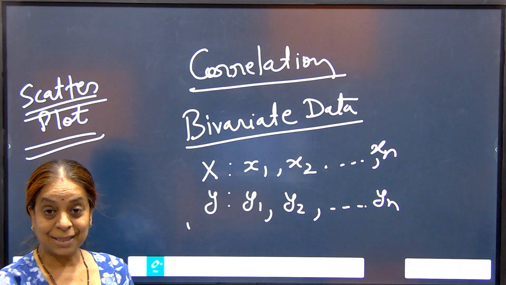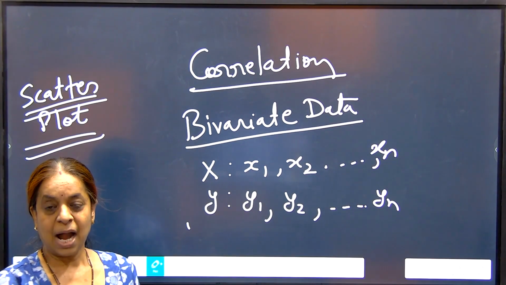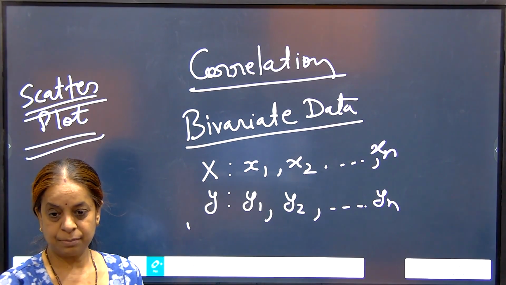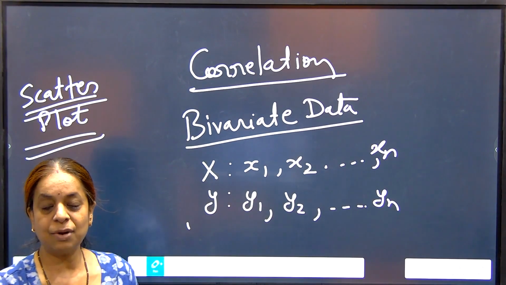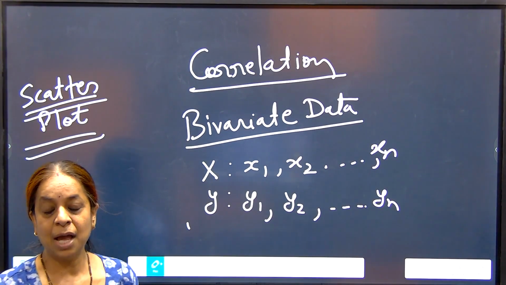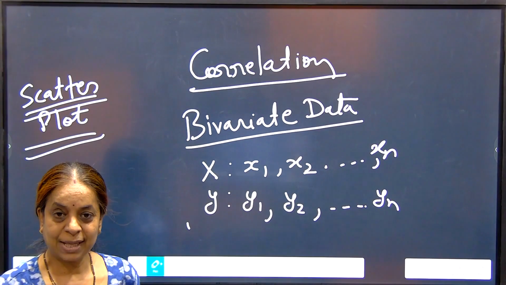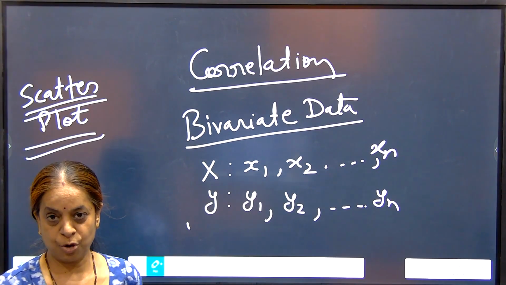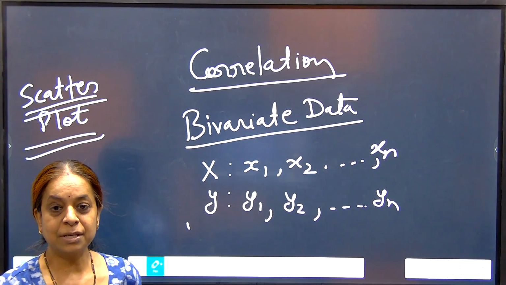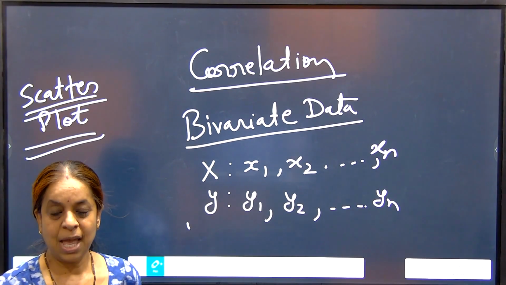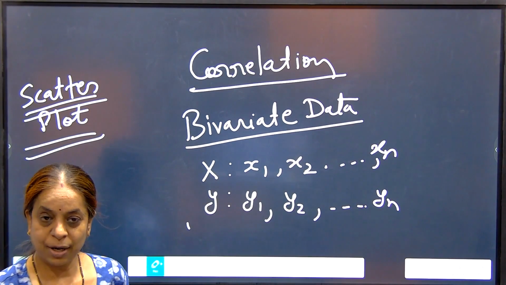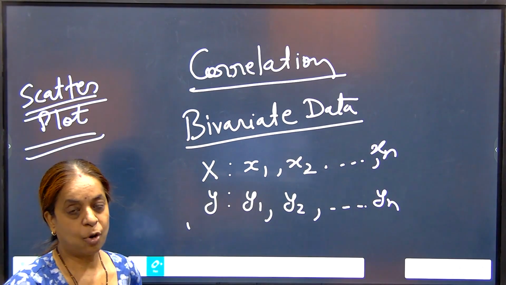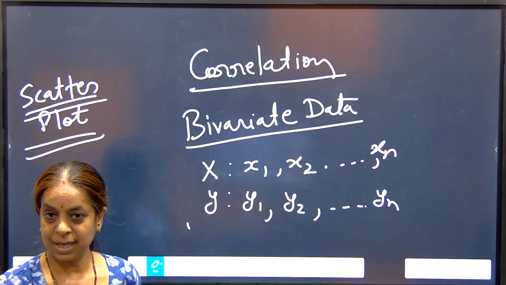Practically, how do we measure it and give a quantitative answer for any correlated data? For that, there is a very popular method, or you can say a formula, which is called Karl Pearson's correlation formula. And scatter plot, I have already told you, is a method in which